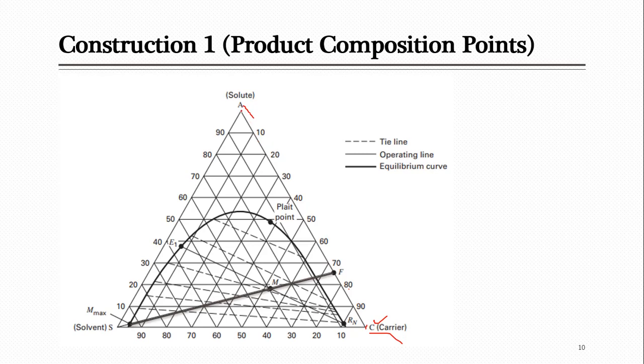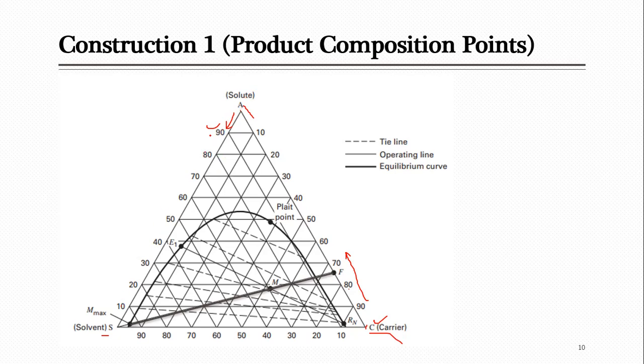On the opposite side, when you look at the edge opposite to the apex, you remember that it is 0. So these numbers are for this carrier actually. And if you have to look for A, now these numbers on this side are for either A or the solvent, so you can see that A is here 100%, and its amount will decrease. So now you can see the decrease taking place. If it was solvent, definitely it should be S here, and then 90 and so on, but it is decreasing from A towards this side.